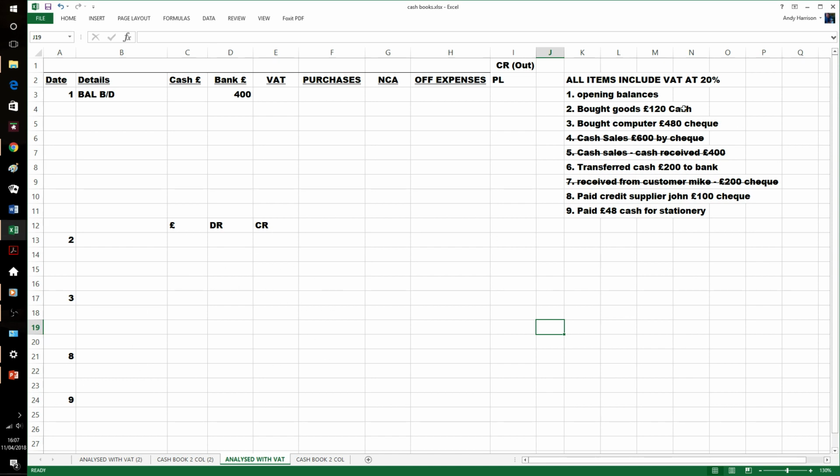So we're still buying goods for £120 cash on the same transaction, and it's still £120 in the cash column. It's just the analysis that goes different. Split it out, VAT and purchases, and if we wanted to put it into double entry, the purchases is 100, that's the debit entry, and our VAT account,